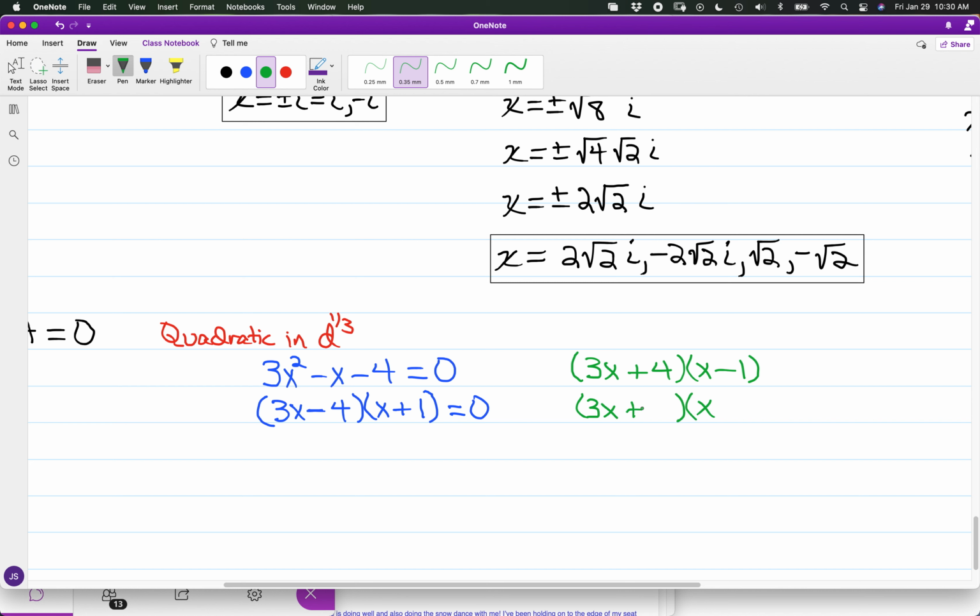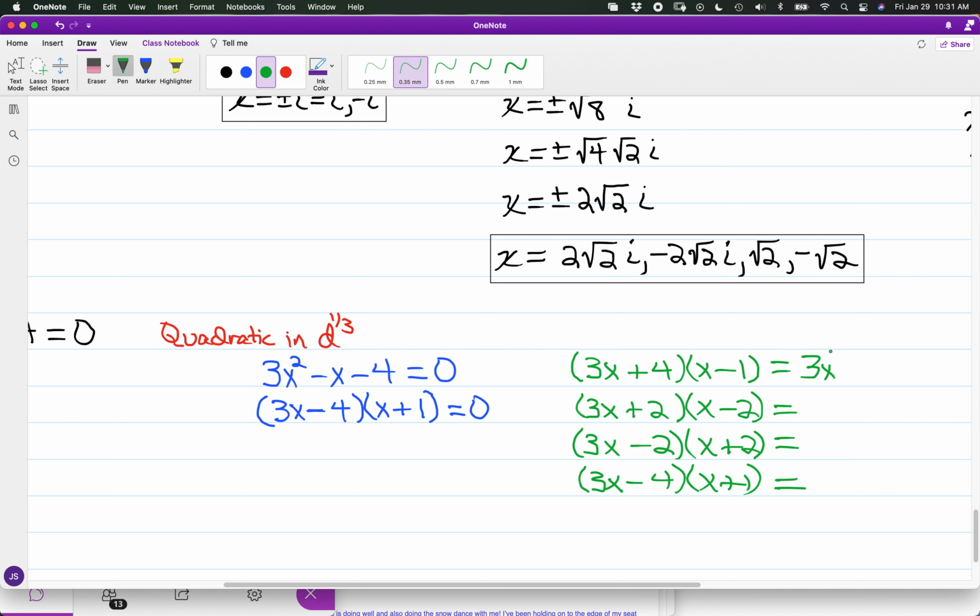Or I could have had plus 2 minus 2. I could have had 3x minus 2 and x plus 2. And again, just what the ultimate result was, so it's 3x minus 4 and x plus 1. Now, the reason I decided to just use trial and error is that if I did the factoring by grouping, this would be kind of stretched out, especially since we have low number coefficients to begin with. So we have among these sets,